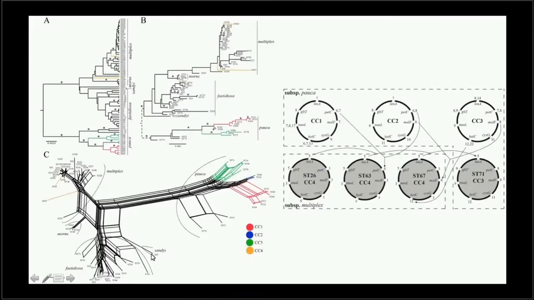So sandii down here at the bottom is this one little group, which clearly is very closely related to fastidiosa. Why this one here, for example, is fastidiosa and this one here is sandii is not really clear. In fact, if you get these two different genotypes here and you put them on this tree, you can't really see it, but it doesn't match. 61 is farther away from fastidiosa than 5 is. The other thing is because Xylella recombines, you do have problems of placement of isolates in phylogenetic trees.